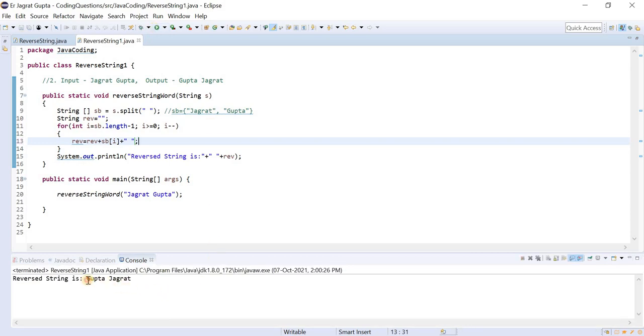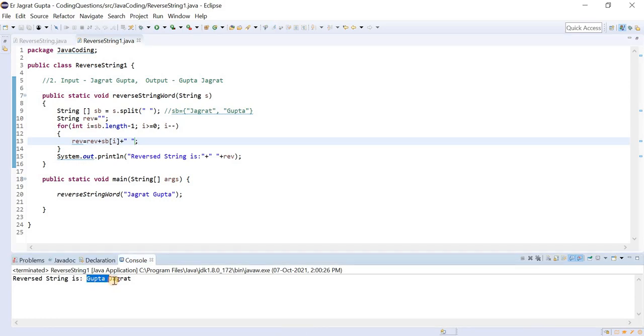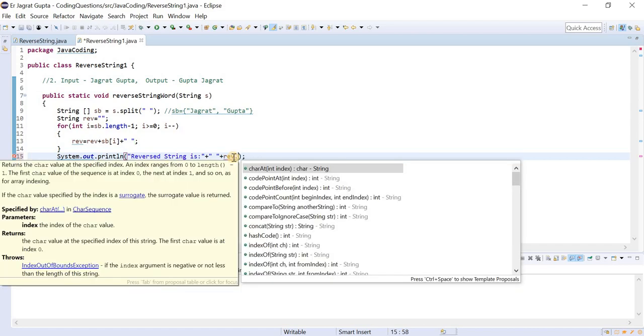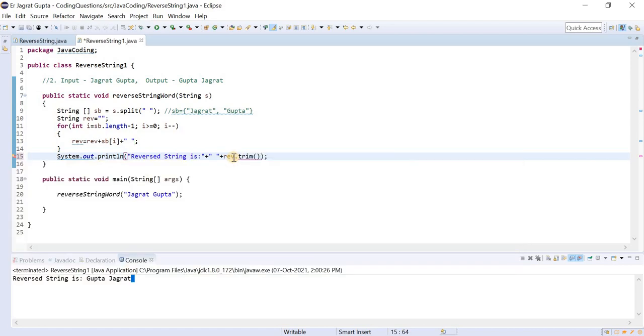You can see that this time we got the space, but there is still a loophole in this program. You can see that after the last word there is an unnecessary space, so we need to remove this. How can we remove this? We can remove this with the help of the trim method. Whatever output you are going to print, just apply this trim method.